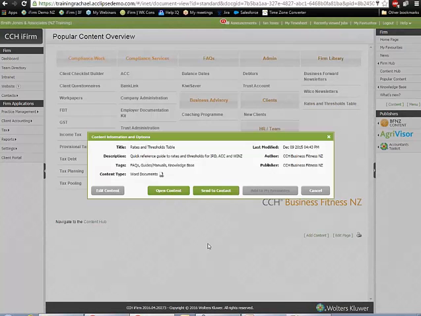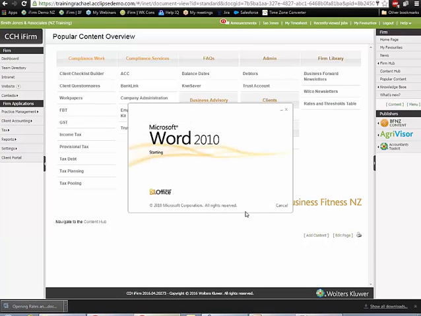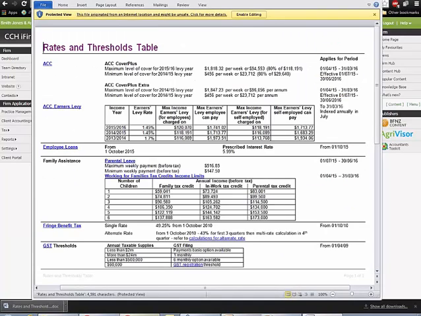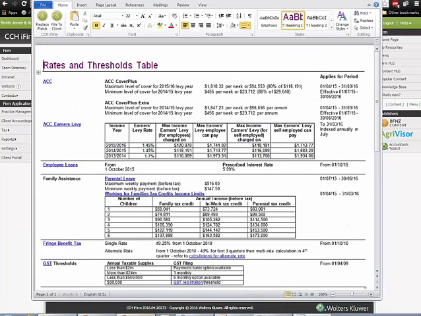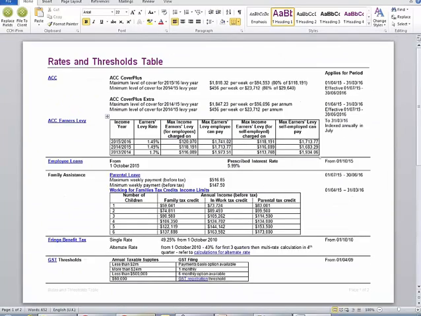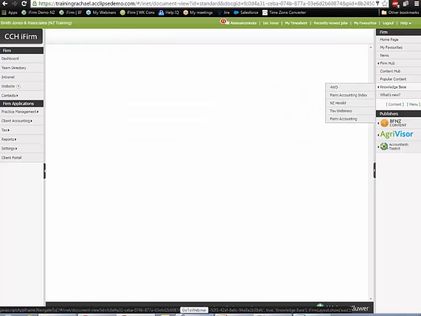But what I'm going to do is make sure that you're all aware that this is here, because this is one of those things that it's just such a useful tool. It's just rates and thresholds for everything. So really, really useful. So that's part of that knowledge base, and you'll probably find that you've got lots of